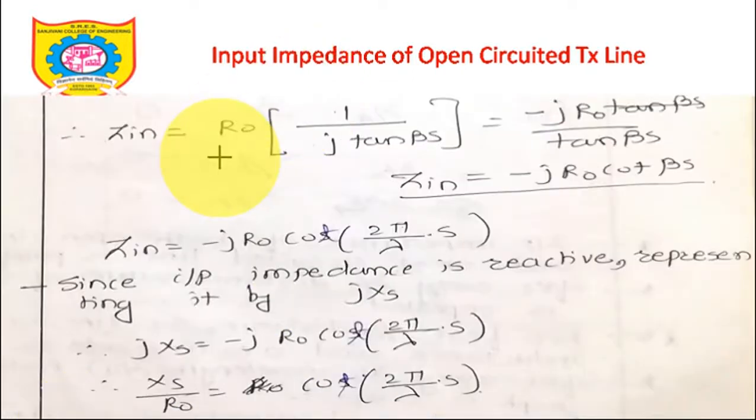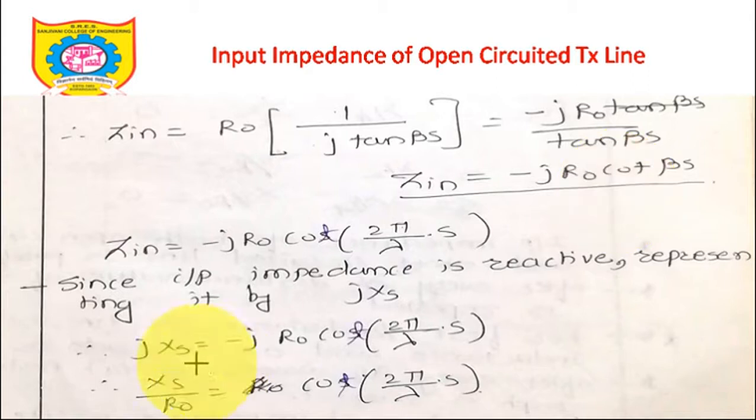I am left with Zn equal to R0 into 1 plus J tan beta s. So tan beta s, 1 upon tan beta s will become cot beta s, and divided by J, if I want to take it to the numerator, it will become minus J. So minus J R0 cot beta s. Once again, the impedance of the open circuited dissipation-less line is still reactive,